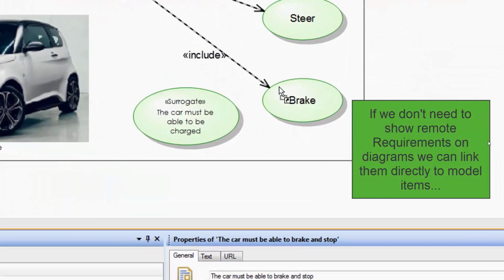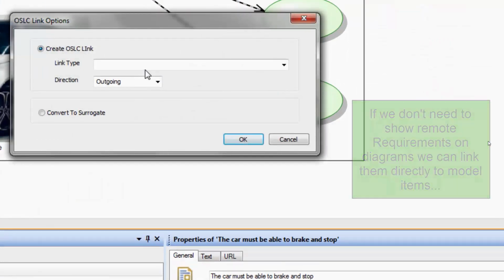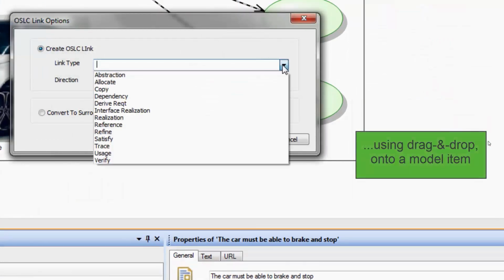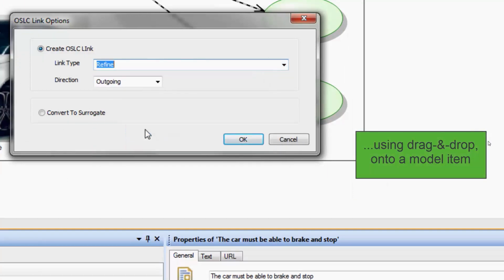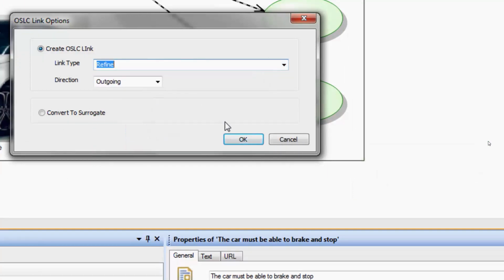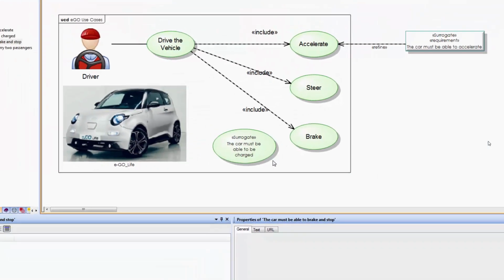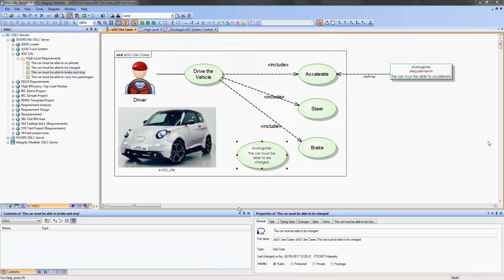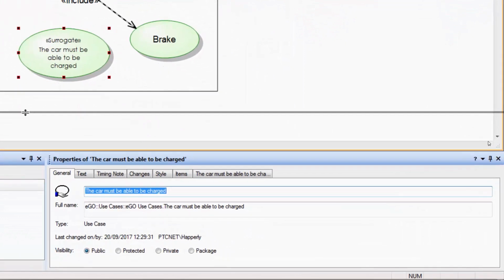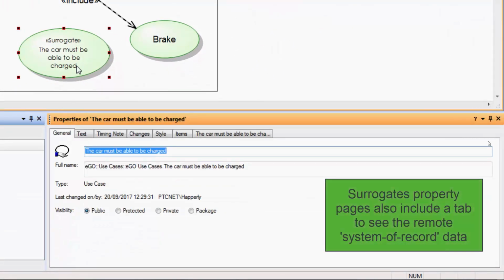Alternatively, if we don't need to show the items on the diagrams, we can create direct links from any model item out to any OSLC resource. You can define your set of link types and that direction, if you remember the upstream and downstream items we talked about earlier. And now that we've created some example links, we can see that in the property page we